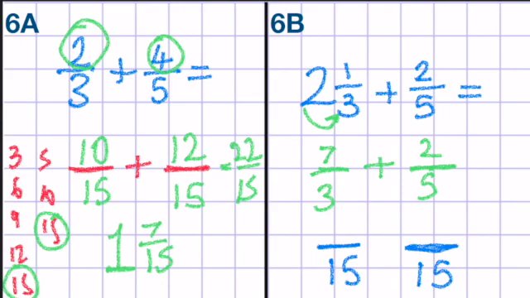So I've times the 3 by 5. So I'm going to times the 7 by 5, which is 35. 3 times 5 is 15. 7 times 5 is 35. I've times the 5 by 3. So I'm going to times the 2 by 3, which is 6. So we have got here